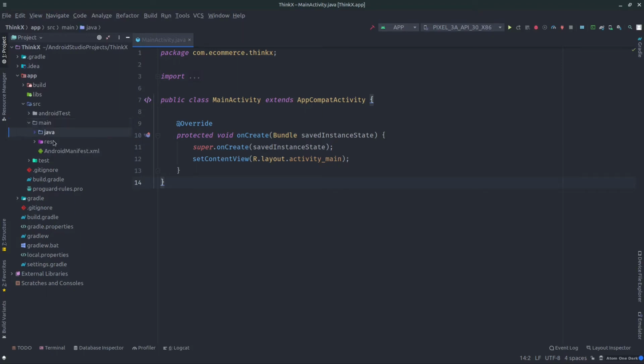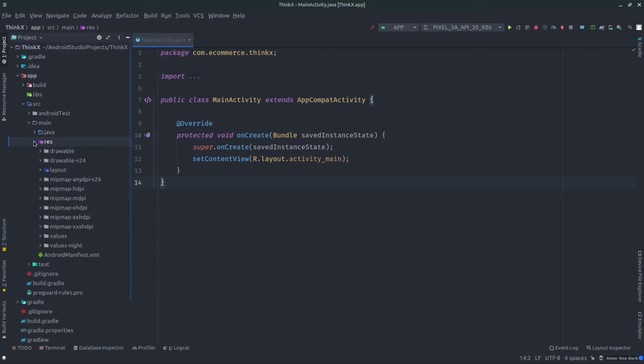In the main directory we have two subdirectories, and these are the very important directories in Android Studio, because most of the time you are going to work on these two directories. If you remember, in the very first tutorial of this Android development series, we discussed that we can divide Android development into three parts. The first part is related to understanding Android Studio basics, which we have done, and the second step is to understand the UI, which is done in XML, right? So for the UI part, the res directory is used.